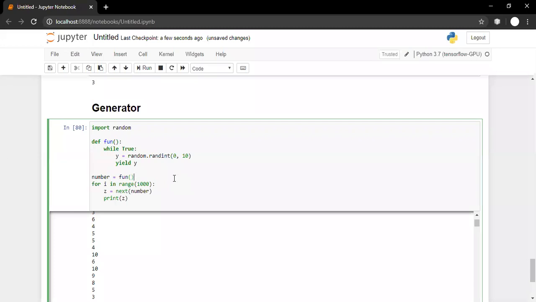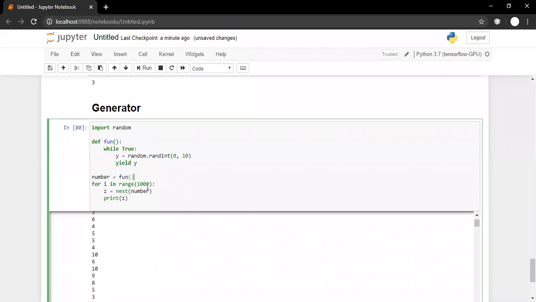Aditi has a doubt. Aditi is asking, every time we need to mention range, is there any inbuilt function to count yield? See, it is not necessary that you should mention range every time. It depends on you. If you know how many times you want to call it, 10, 50, 20, you can specify the range. Otherwise, there is no need to specify the range. It depends on programming logic.